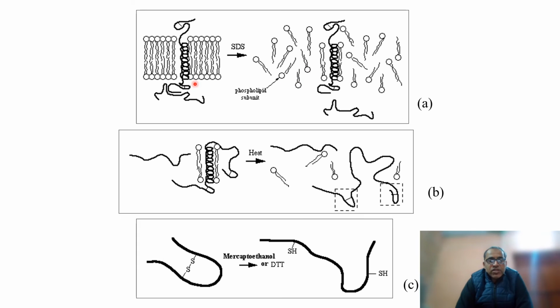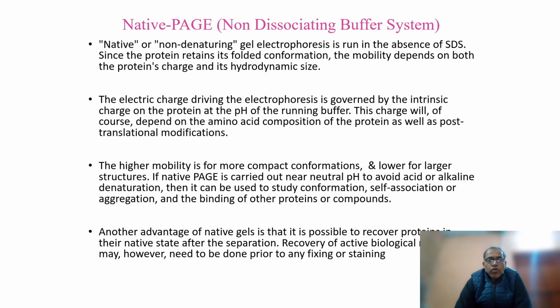We also heat, and heat results in denaturation. SDS results in denaturation, and beta mercaptoethanol is used to remove the disulfide linkages between the proteins. So, as we discussed, SDS-PAGE uses denaturing gels, while native PAGE is used for